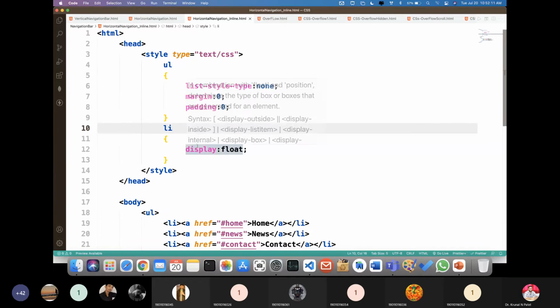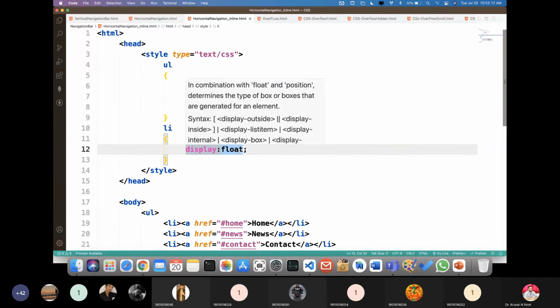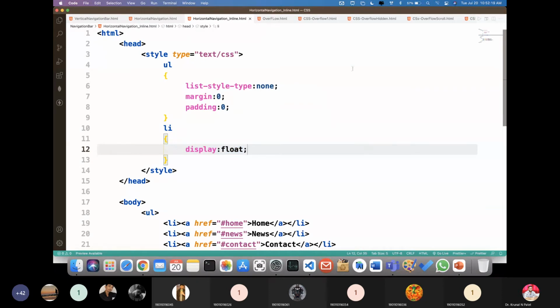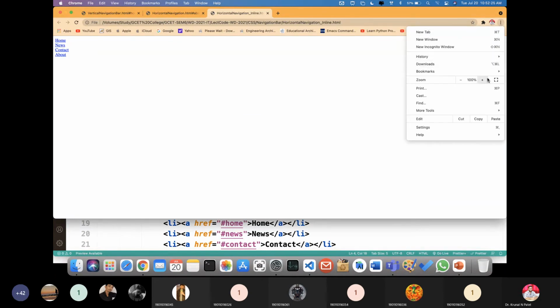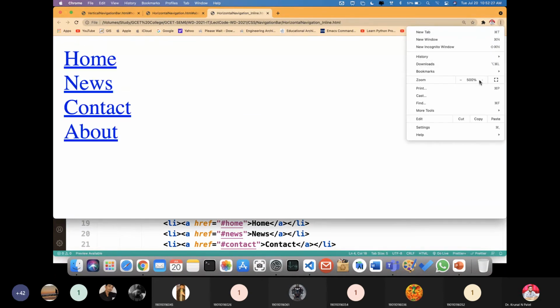But for LI, instead of block, I have used display equal to float. So whenever you go for display equal to float, you can see that is very common by default. So this is home, news, contacts, and about.